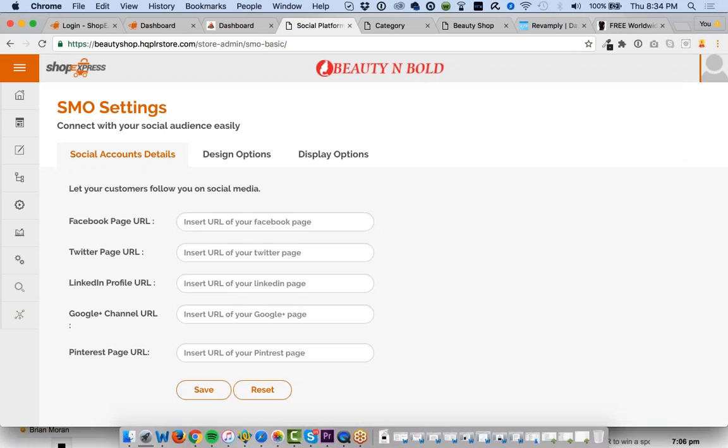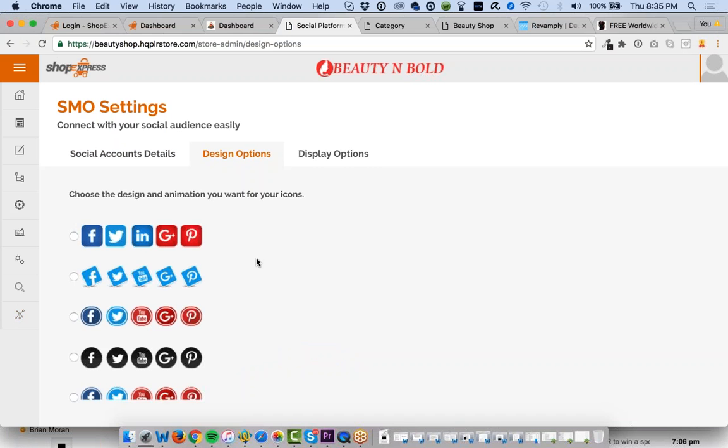Okay, so then we've got SMO. This is your social media accounts. You've got also your design options here where you can add these social media accounts. Would I recommend doing this when you first start out? Yes, I would. Claim your Facebook page, claim your Twitter page, claim your LinkedIn page, claim your Google Plus page,